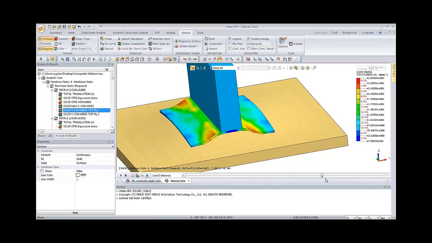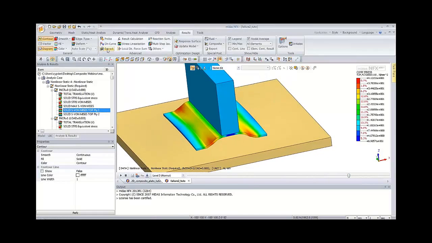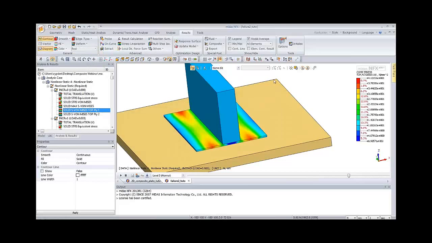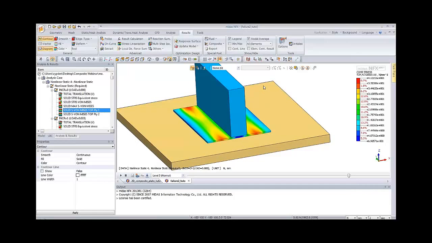It's quite small, actually. But it is to show you that composites can also be used in three-dimensional analysis, and you can also use this breaking weld analysis in order to analyze this kind of behavior.